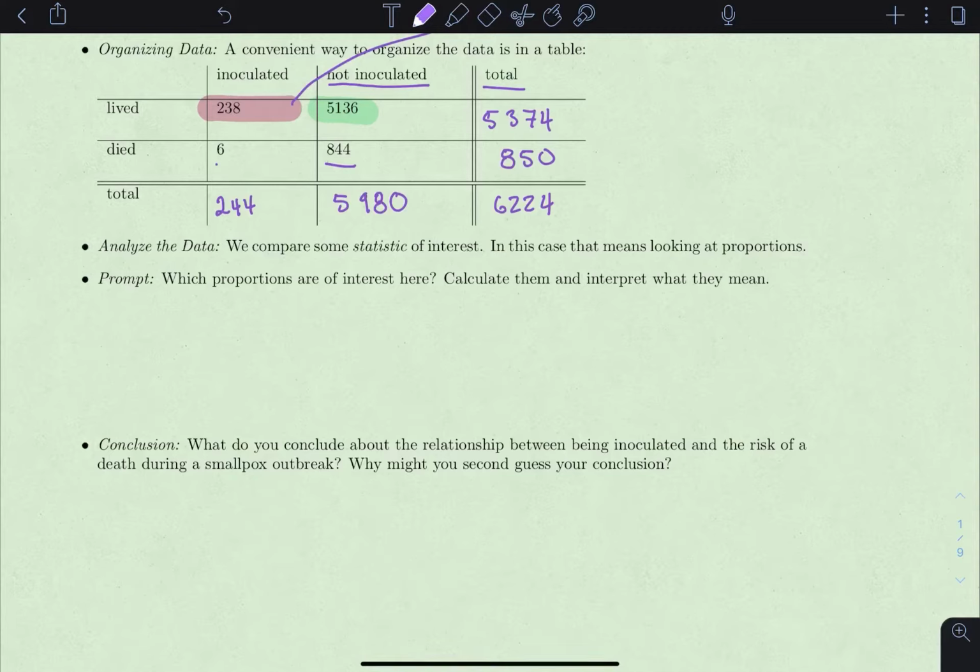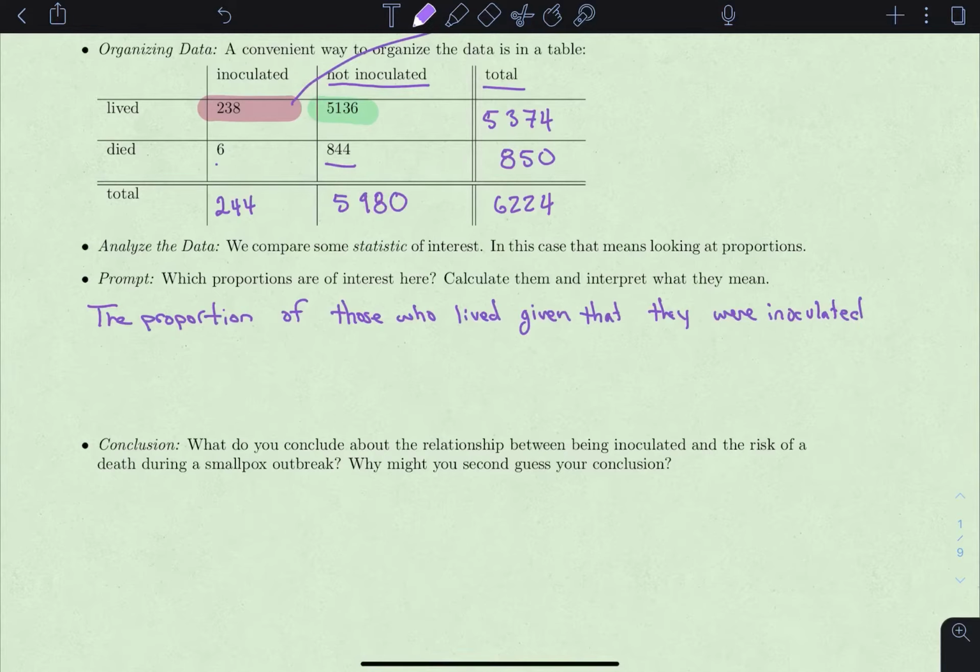And the two that we're going to look at are the proportion of those who lived given that they were inoculated, versus